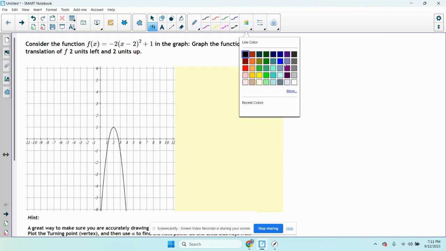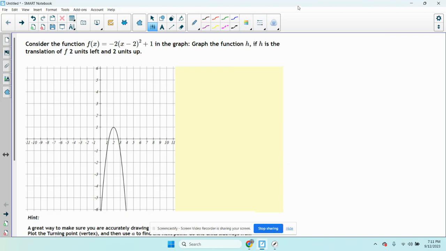Okay, so we'll just look at these one by one. This says, consider this function f of x equals -2 times the quantity x minus 2 squared plus 1. That's this graph here. Graph the function h if h is the translations of 2 units left and 2 units